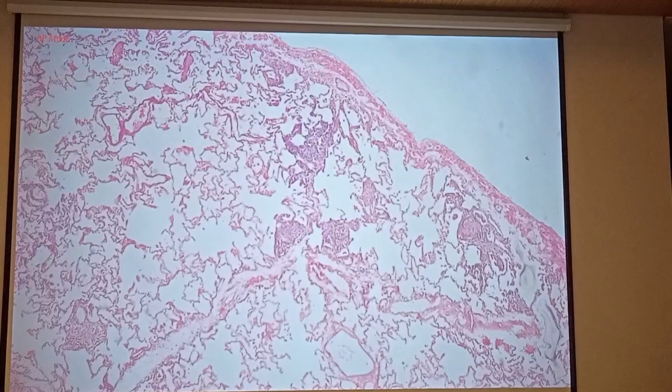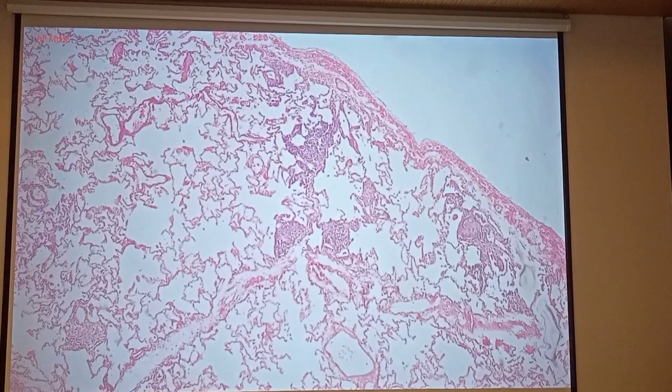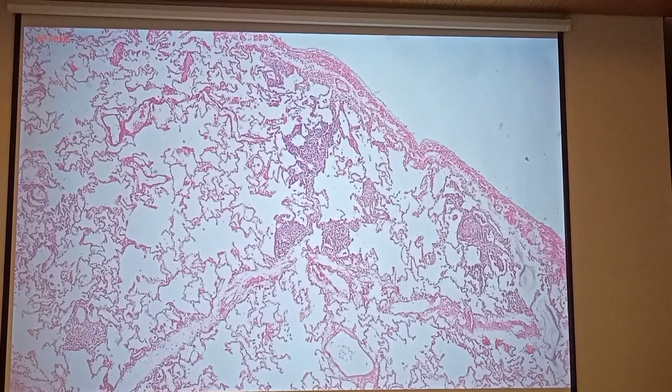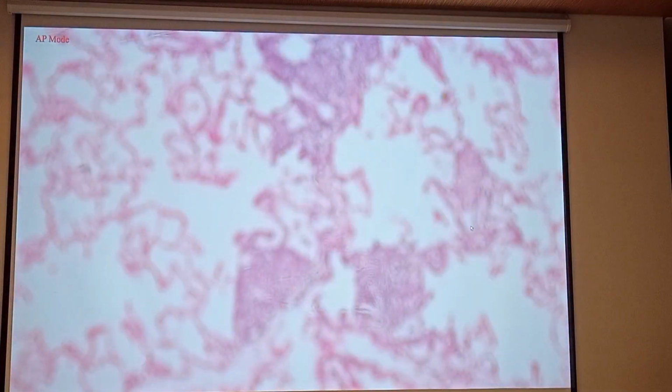So actually, you can see here numerous collections of these microconsolidates. Now, these microconsolidates, I call this a granuloma. So mga granuloma sa mga yan. Now, each granuloma is made up primarily of